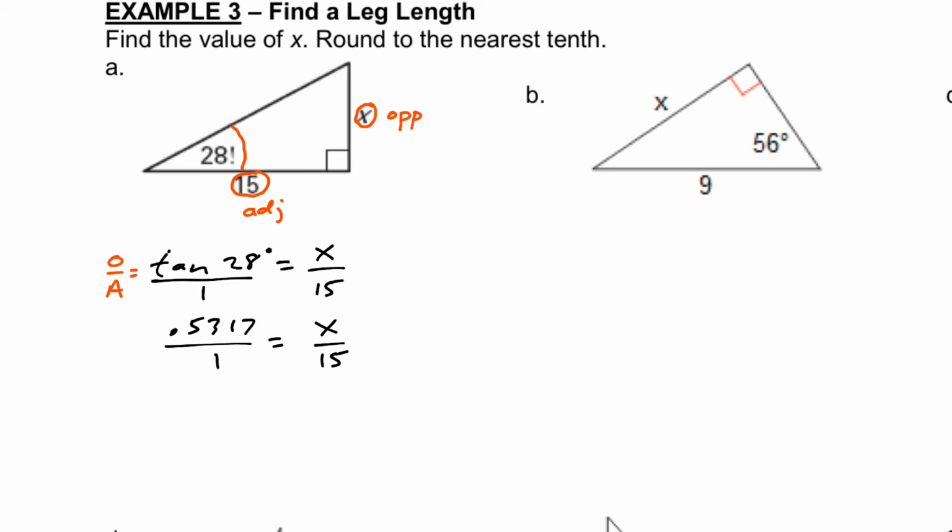Well, now I think you can see, just like when we were in chapter 7, we're just going to solve this proportion by using cross products. So our first cross product is going to be 1 times x. Well, that is just x. So I have x is equal to our other cross product, which is 15 times 0.5317. Which gives us x equals